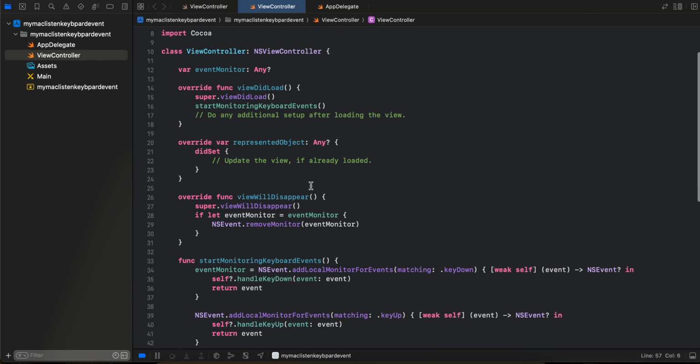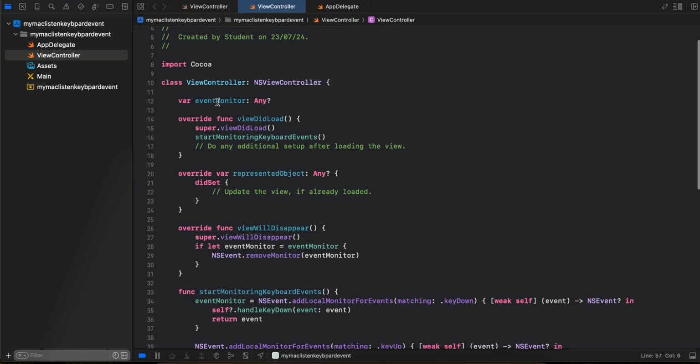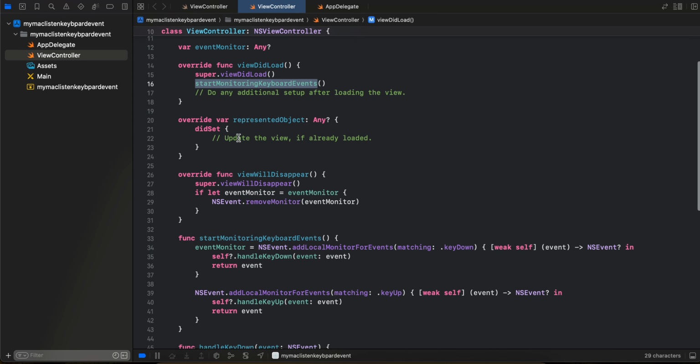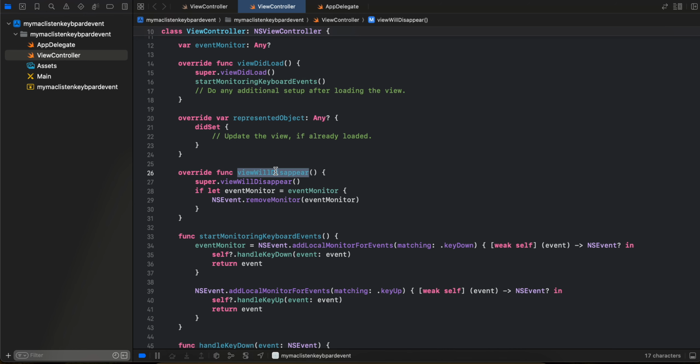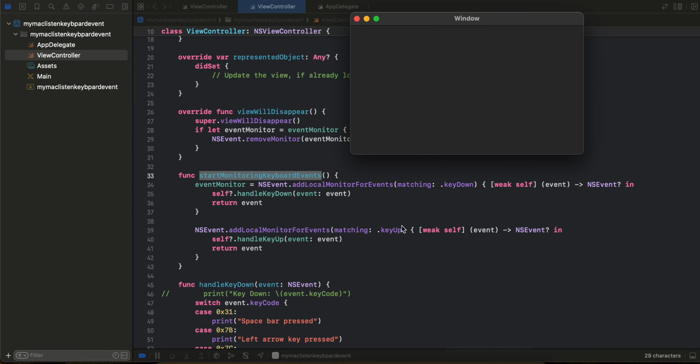So firstly, inside your view controller I have imported the event monitor, and inside viewDidLoad we just call startMonitoringKeyboardEvents, and in viewWillDisappear we will just stop monitoring those keyboard events again. Okay, and here you can see that we just call startMonitoringKeyboardEvents. So suppose I go over here,